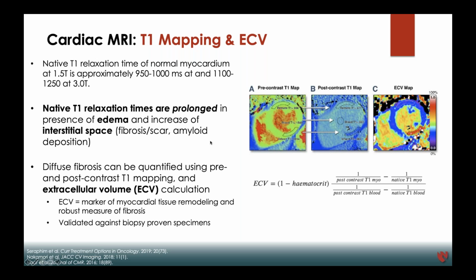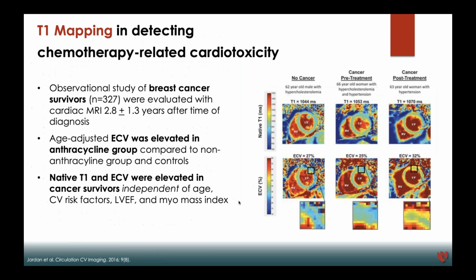And we can go beyond that and calculate a novel measurement called extracellular volume, where we take our pre-contrast T1 map, then we give gadolinium, then we get a post-contrast image, and then use this equation with the patient's most recent hematocrit. We use this to calculate an extracellular volume, basically a volume of the heart tissue in the extracellular space. And this has actually been validated against biopsy-proven specimens, so we know it's accurate. This is very, very helpful, especially in our amyloid cases, but potentially has some value in evaluating for subclinical